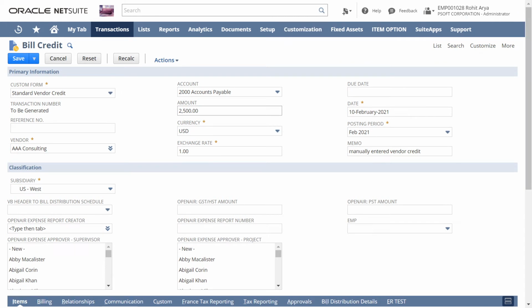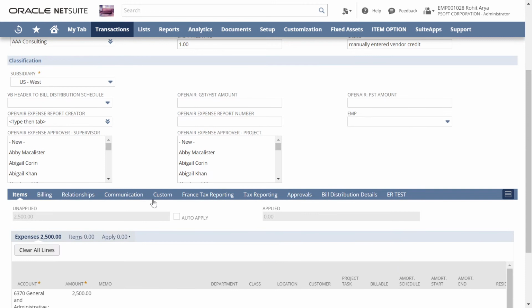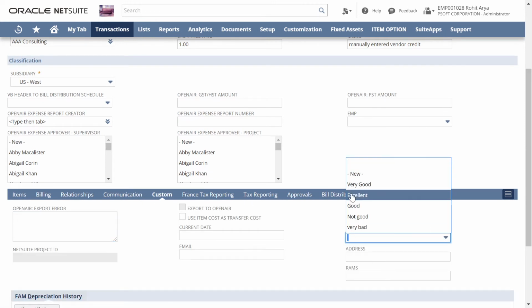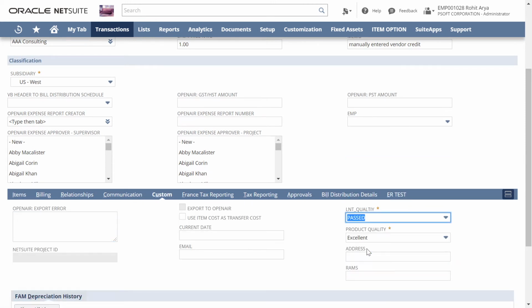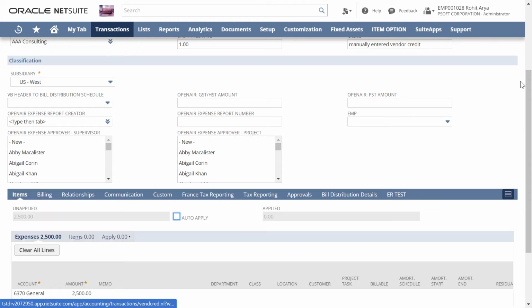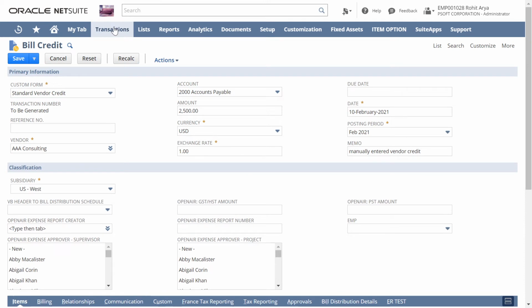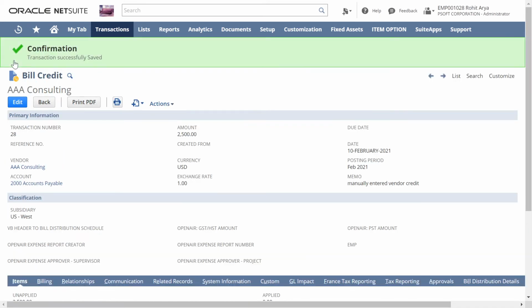The amount has been populated automatically here, that is $2,500. Now I will save it, and we have received the confirmation that our transaction has been saved.